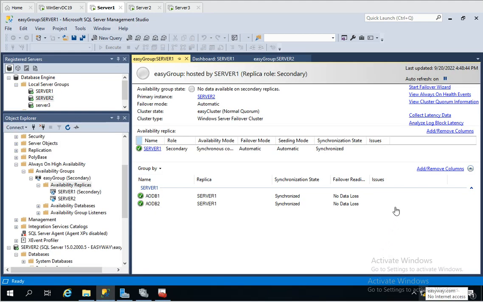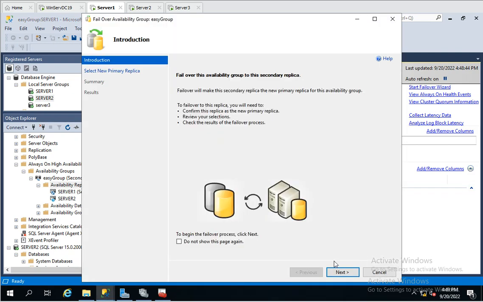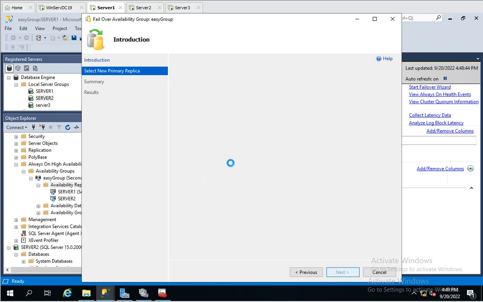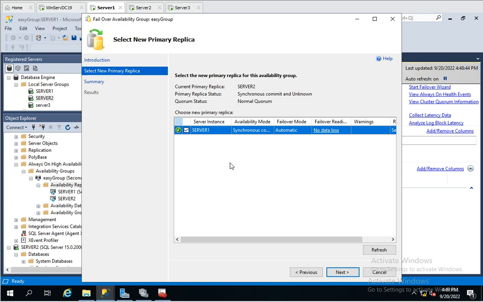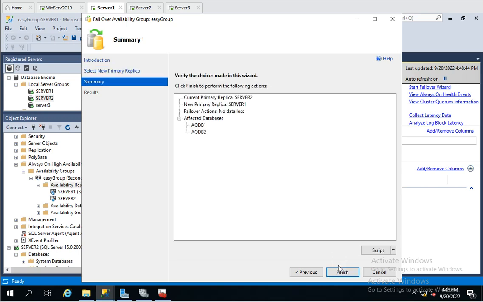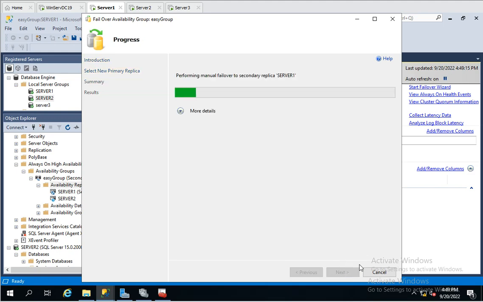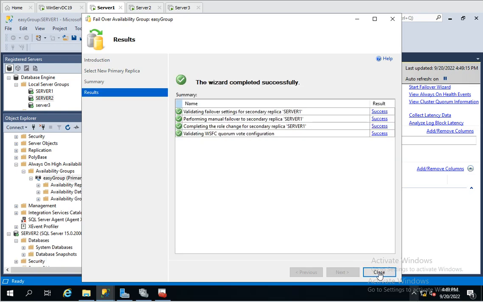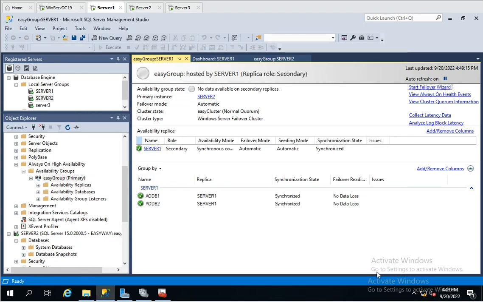Okay, so let's do another failover. Next. So what will happen now, the server 1 will be primary again and the server 2 will be secondary again, on the previous state, or you can say the initial state. So let's do that. Alright, so it's completed successfully. Let's close that, and now